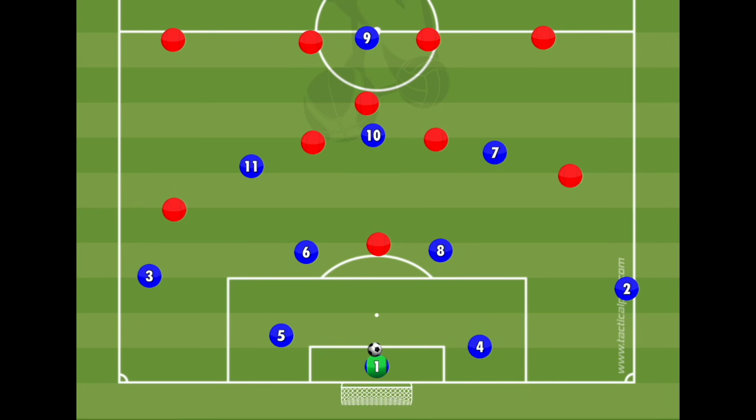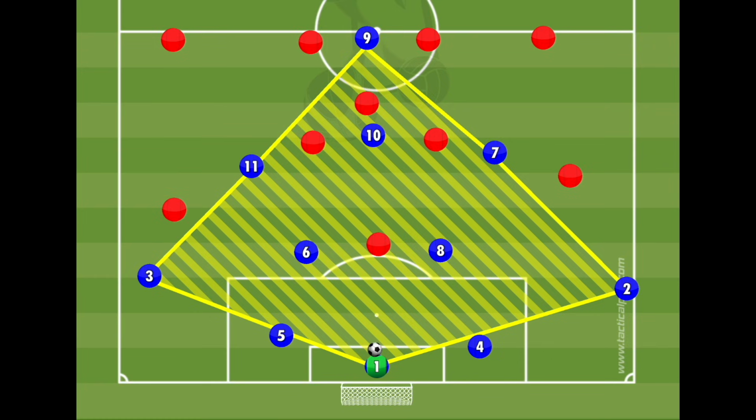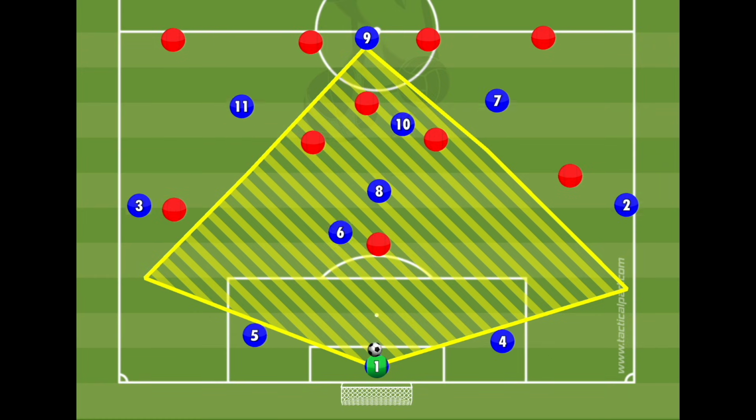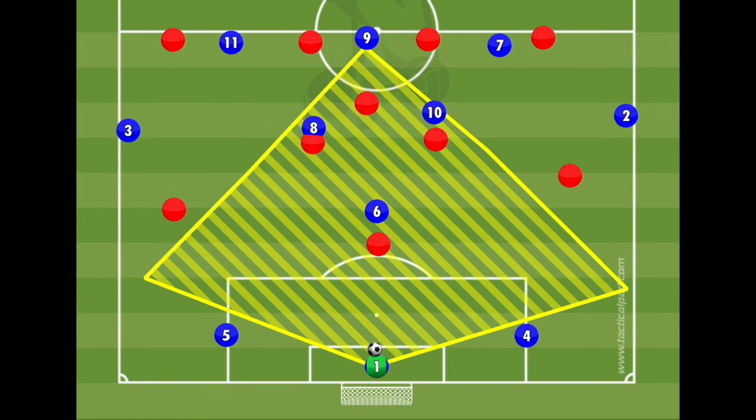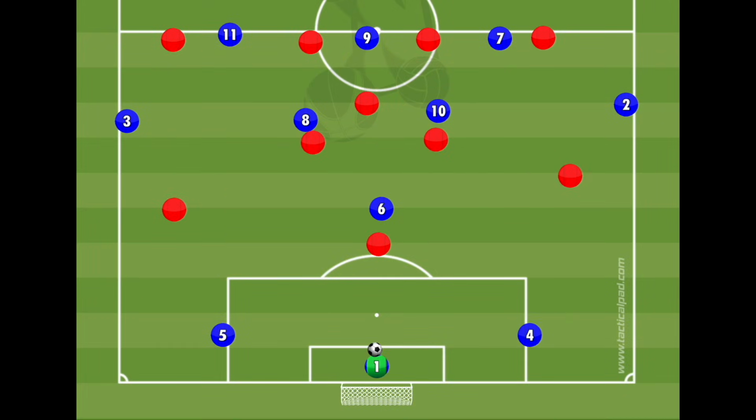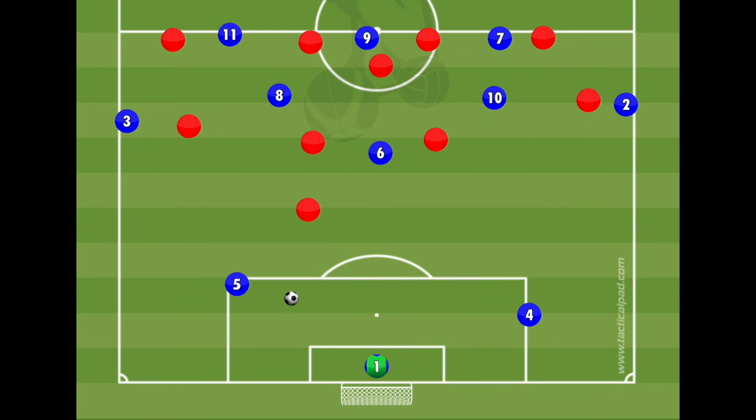Instead of building with a big base and a Christmas tree formation where you have so many numbers underneath the ball and around the ball, this time change it up. Build with as few as possible. Start high, hold players in advanced position, make the opponent declare their press first. If they make the decision to drop back, then it's more time and space for your build, and it also